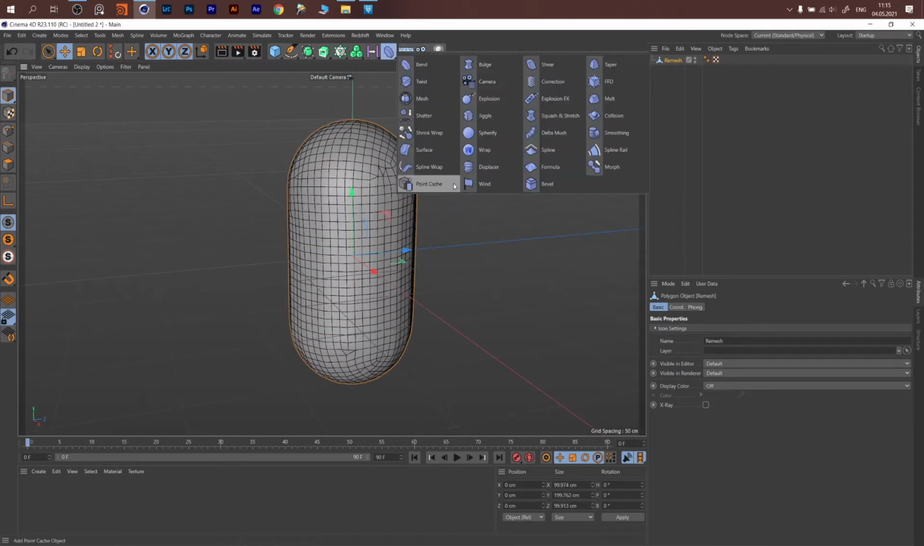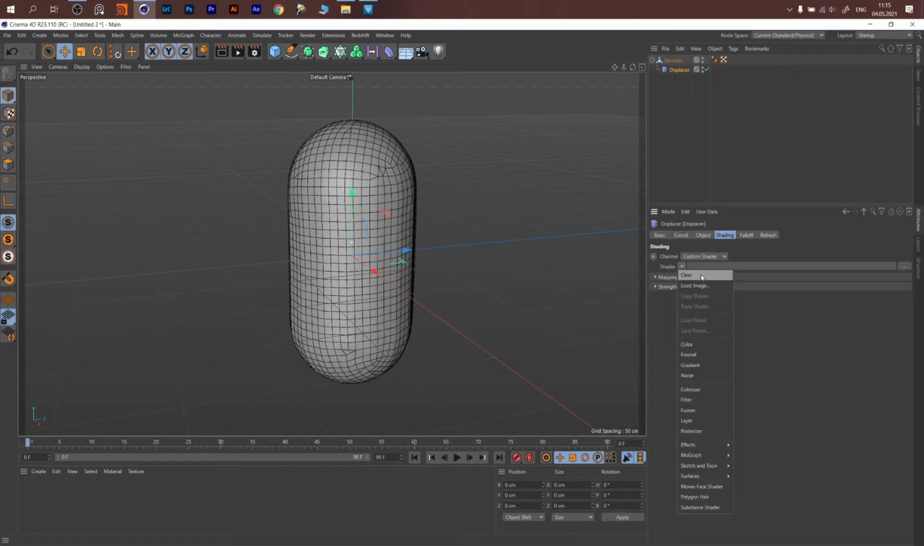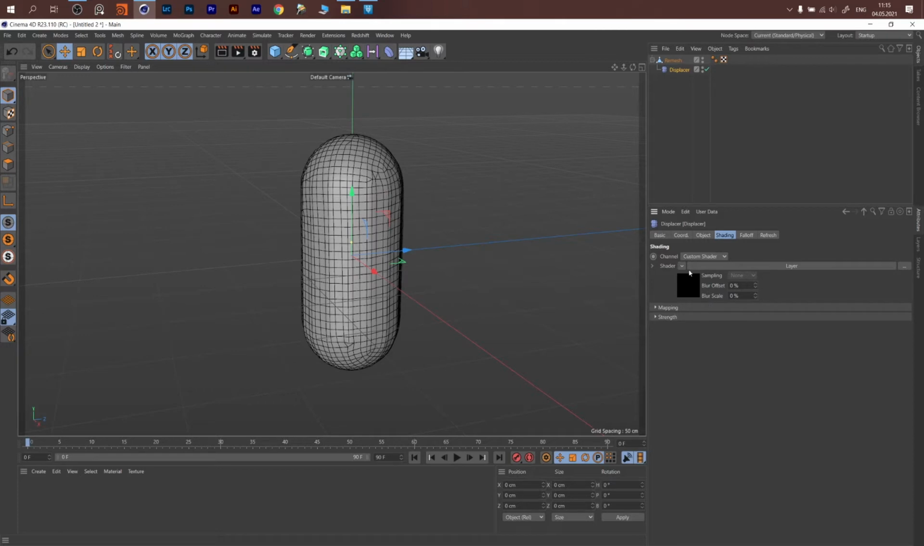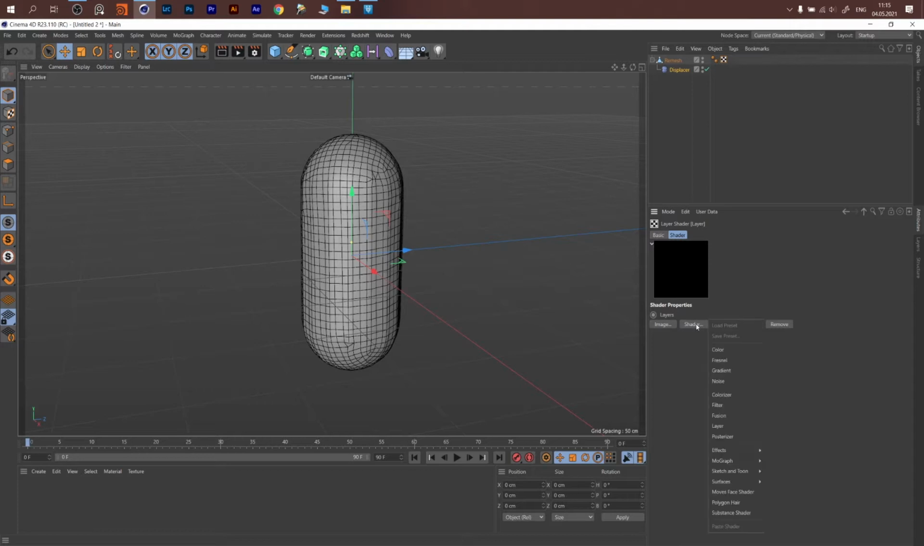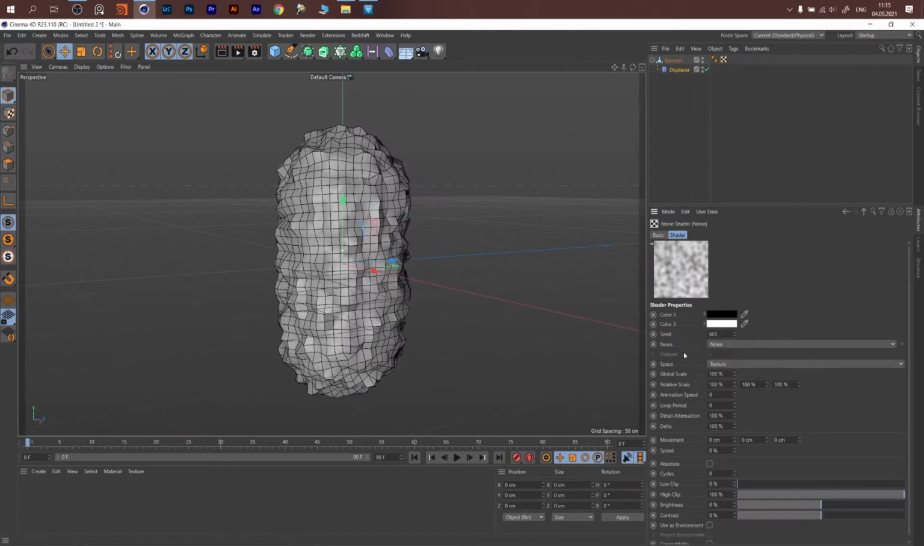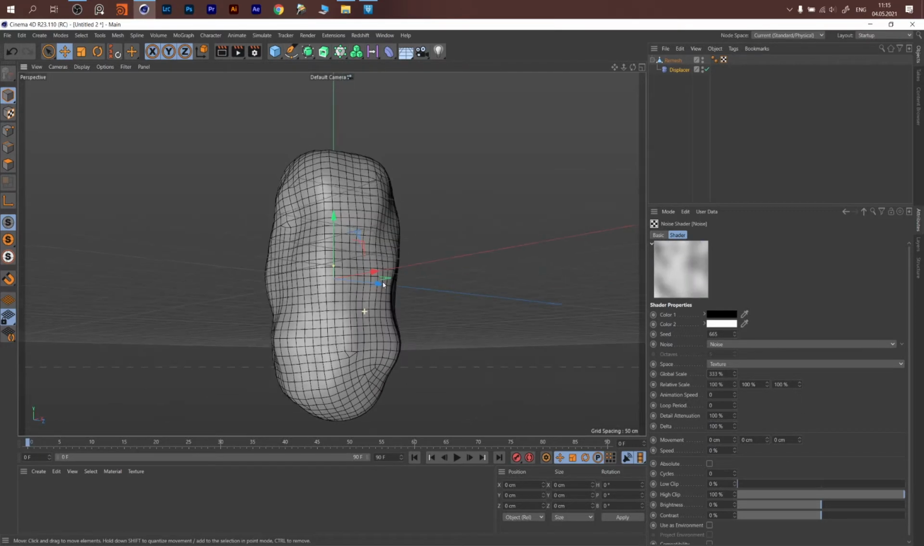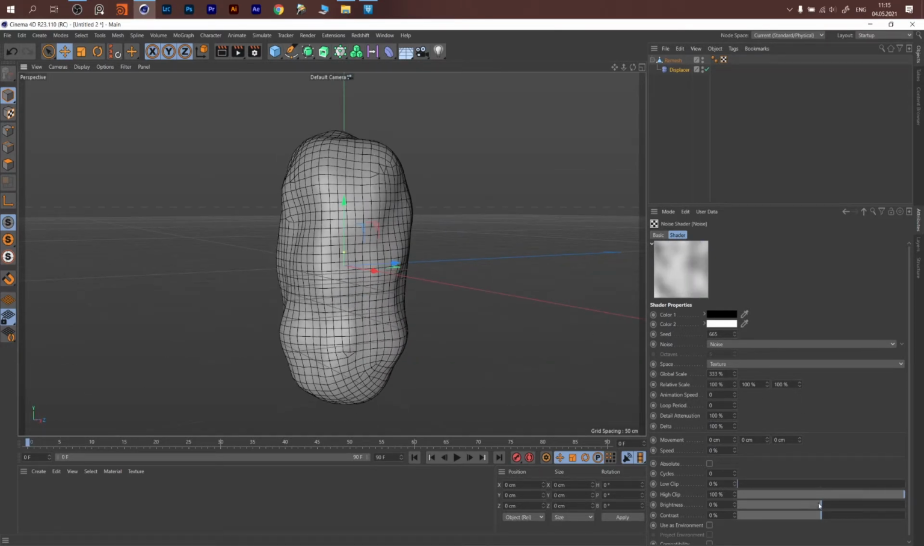Press C and start building our effect. So apply a displacer just behind this object, go to the shading, pick layer, because we will layer up a few noises there. Go inside this, create one more shader and create noise. Now we have this effect. Go inside the noise, increase the scale, something like 333,